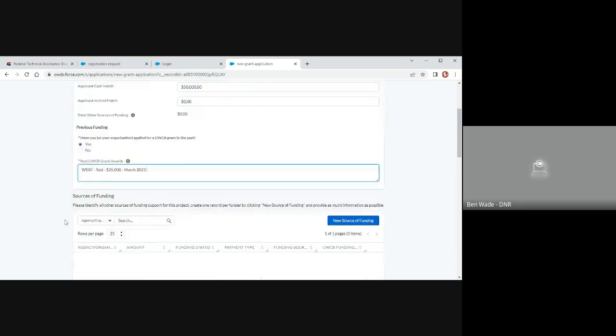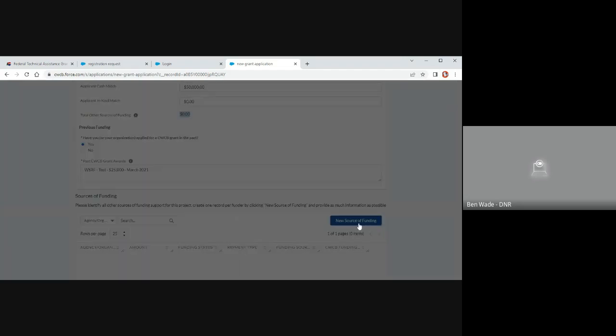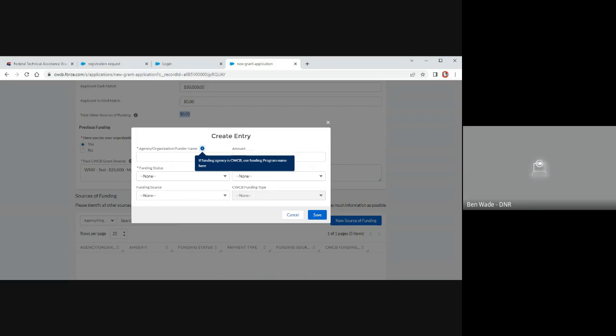Now, here we need to put in our sources of funding. And every time we put in a new source of funding, this is what's going to populate this field. All right, let's do a test. NGO is our first. Let's say we're going to do 25,000. Funding status really helps staff understand where this funding is, if it's waiting or if it's secured,